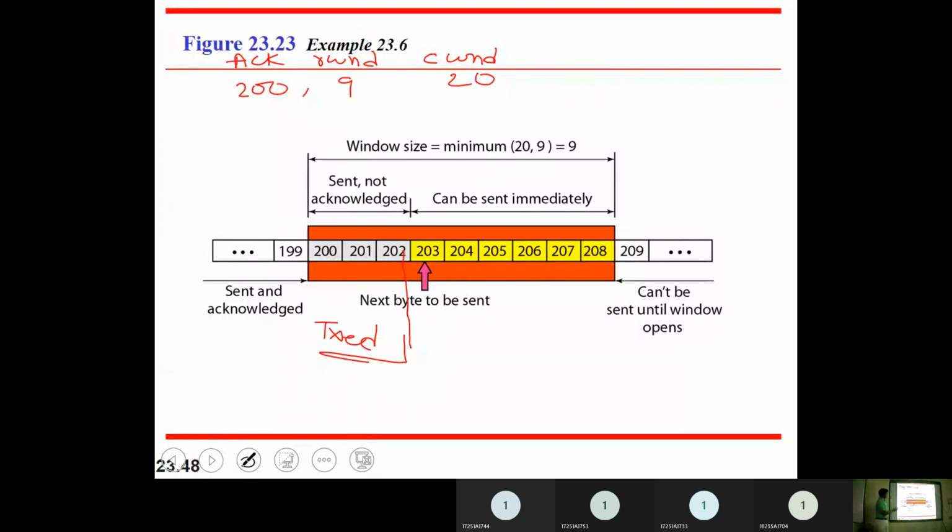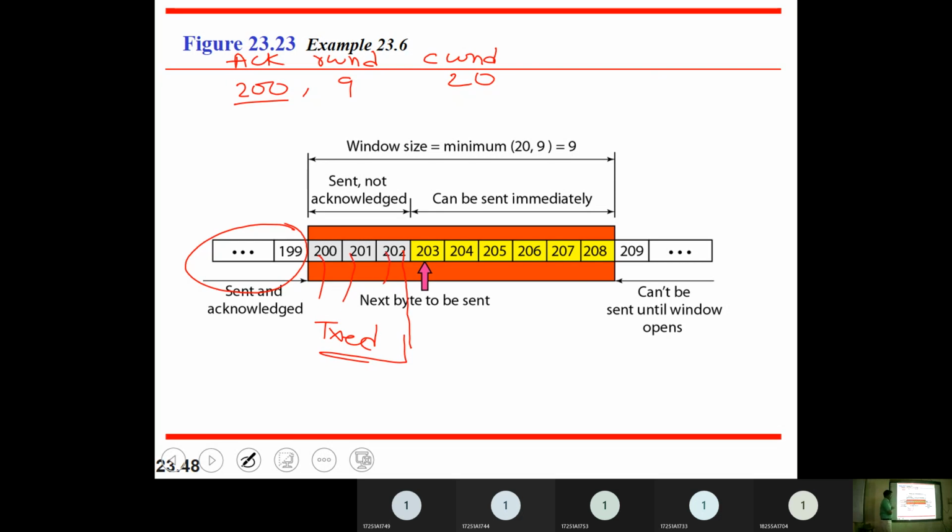So we got an acknowledgement with number 200. That means up to 199 I have received acknowledgement, but I had already sent 200, 201 and 202.